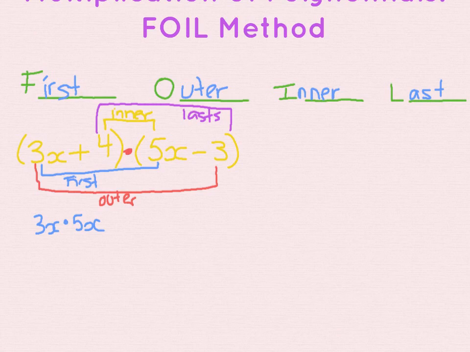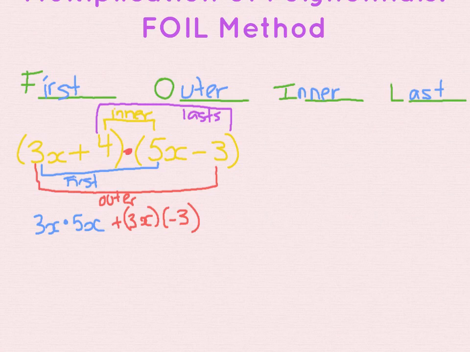So firsts plus, in this case we have the 3x times the negative 3. Notice how I'm using different ways, like brackets or the dot, but in essence I'm multiplying these two together. So now I did the firsts, then you do the outers,